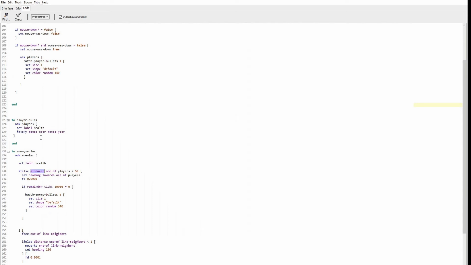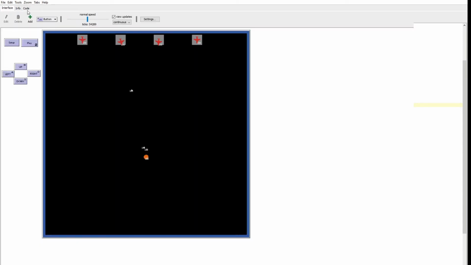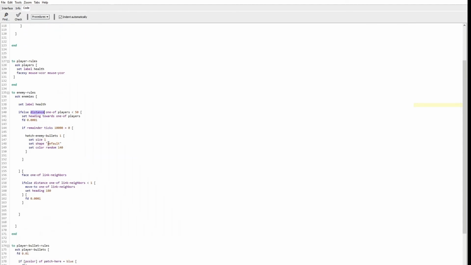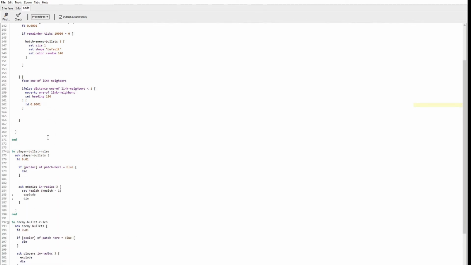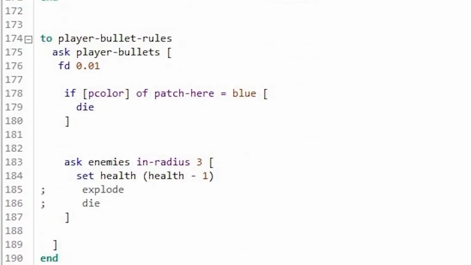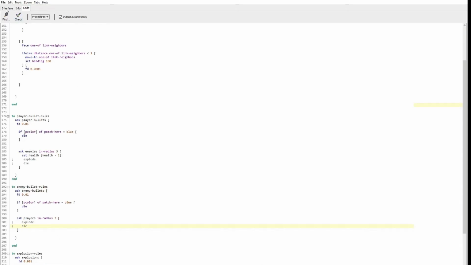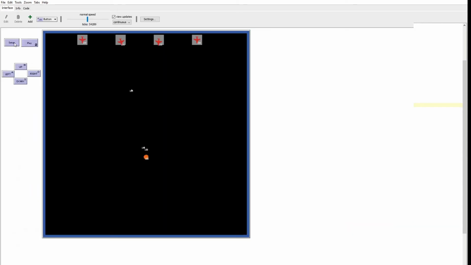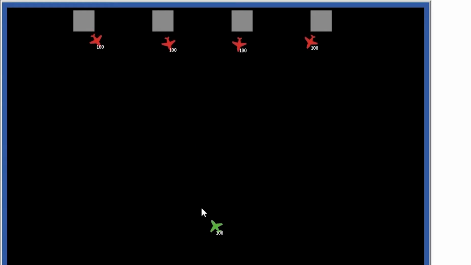But still, our player died because we didn't comment out the enemy bullet rule. So here we should comment out this one also. Yeah. Now let's observe what's going to happen. Setup, play. Yeah. Now when it's shooting these bullets, all the bullets also have a label.